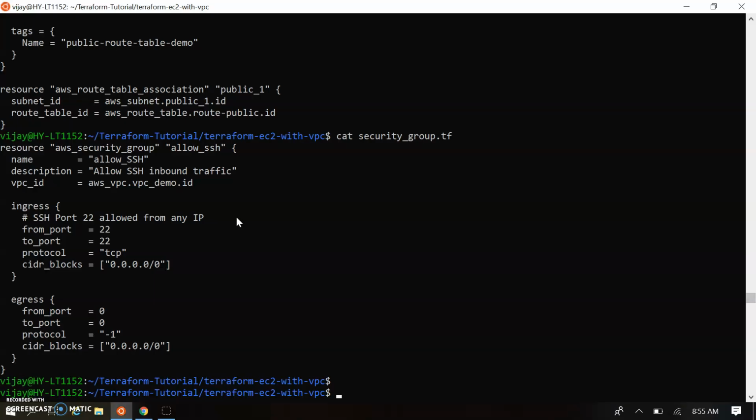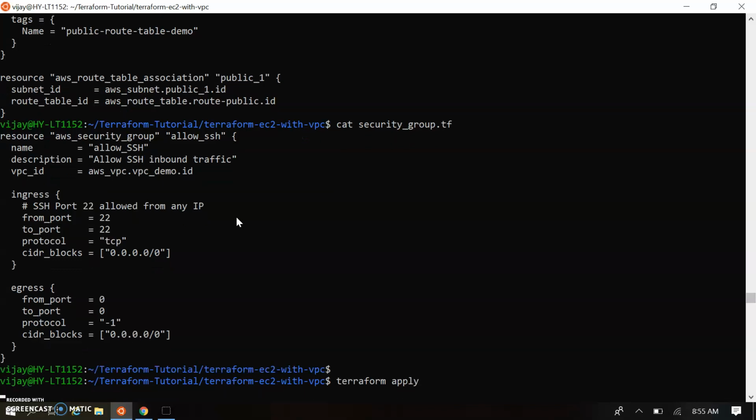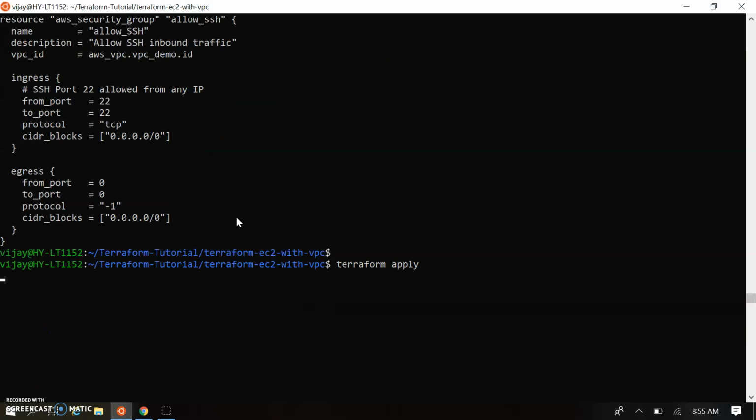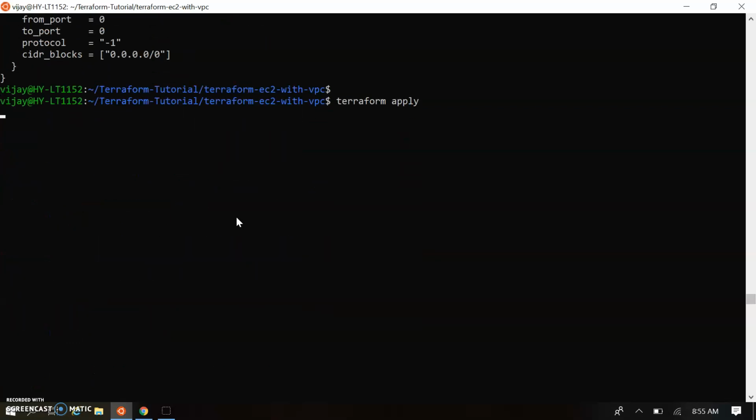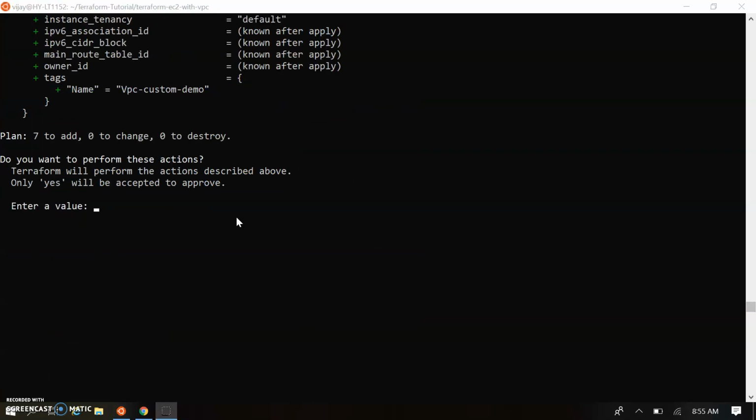So let's run this script and see. I'm directly doing the terraform apply, just to save time, because the plan will take another minute. I gave the confirmation for the terraform apply, and now it will create all the resources.